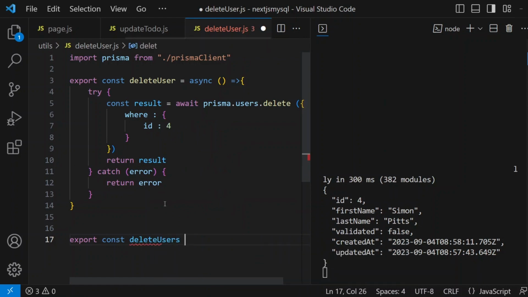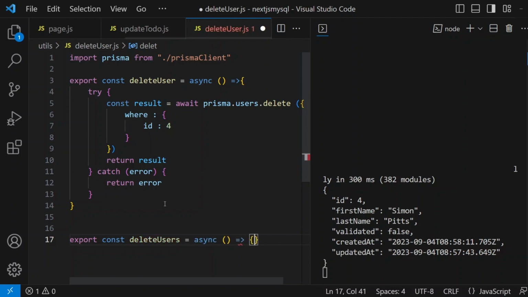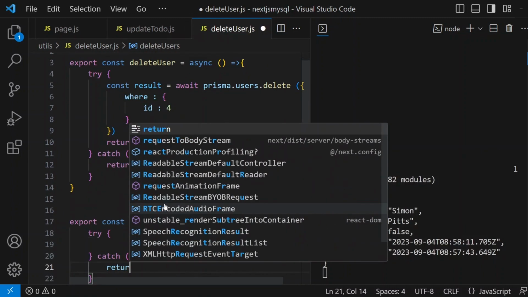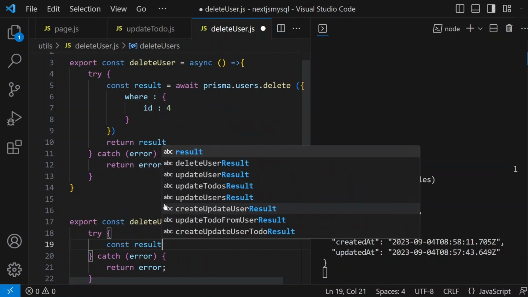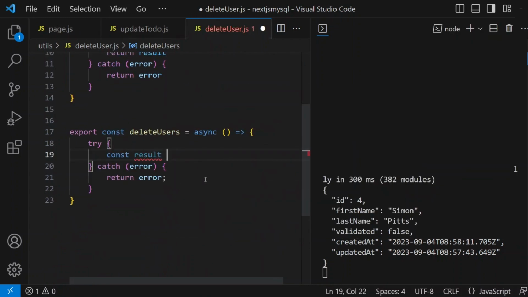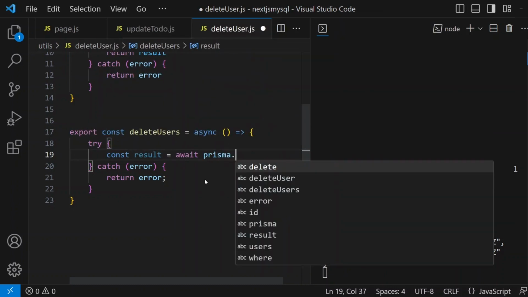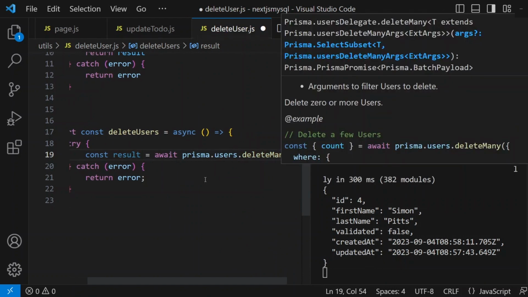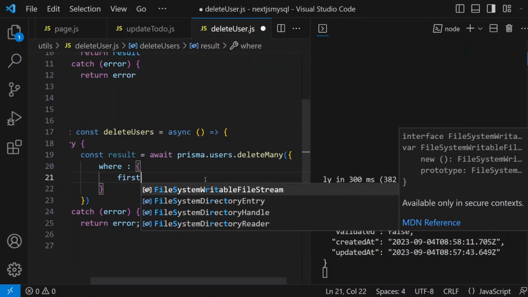Delete users equals async, try catch block and return the error, const result equals await prisma.users.delete many. In this, we can pass multiple conditions where first name